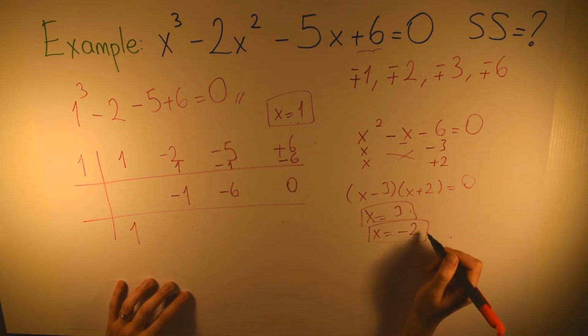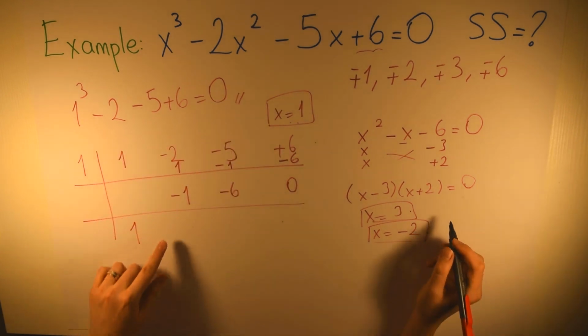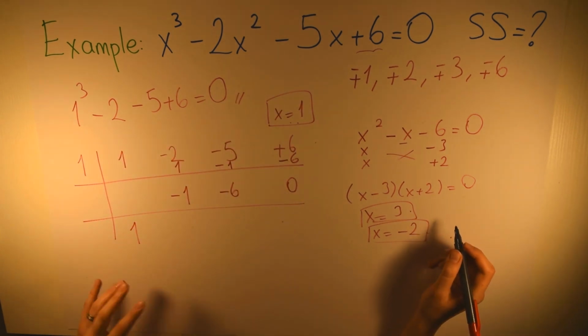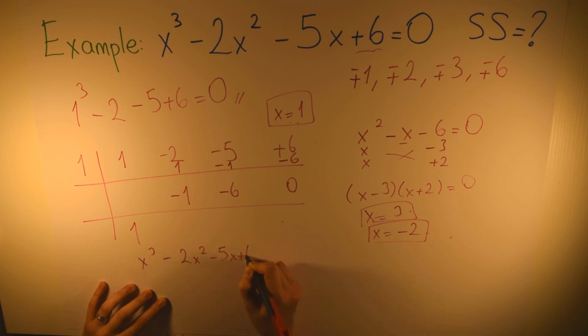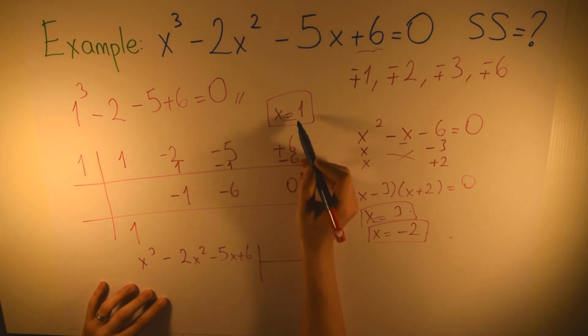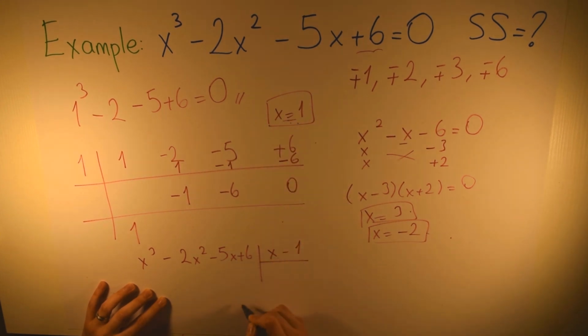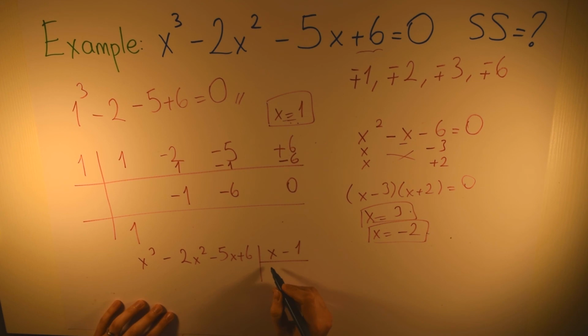Also, as I said before, you can solve this question by doing the long division. So let me write this down here: x cubed minus 2x squared minus 5x plus 6. You just do the long division by dividing this expression by what we found first, x minus 1. So here to get x cubed you have to multiply this by x squared,